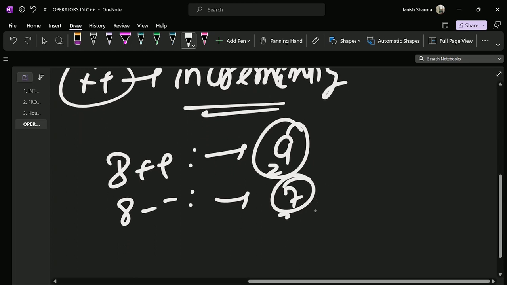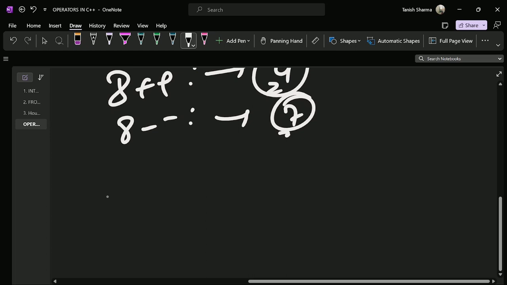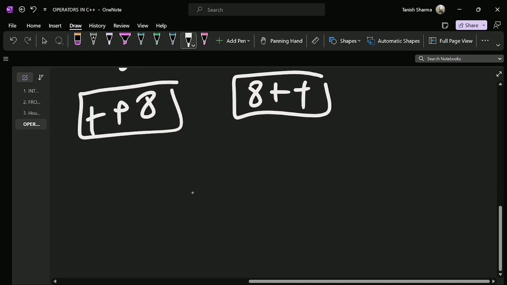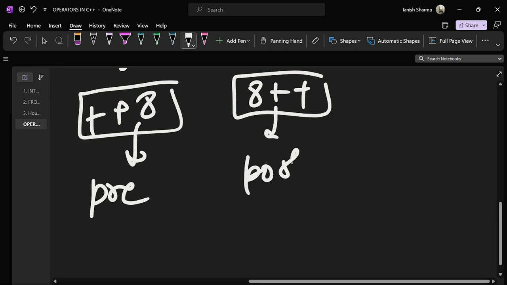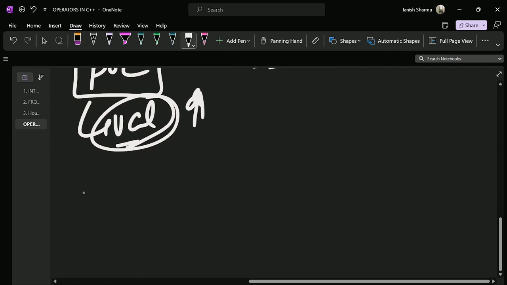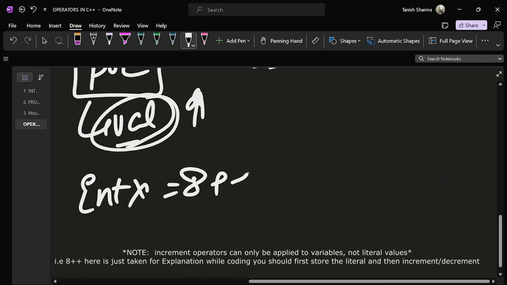But one thing to keep in mind here is that if you are using it like this and like this, then it has a very slight difference that actually creates a lot of difference while you are coding. That is, this means the pre-increment and this means the post-increment. That means when you are pre-incrementing, your value is actually incremented at the moment. Okay, so let's say I have some line, int x is equal to 8 plus plus, sorry,